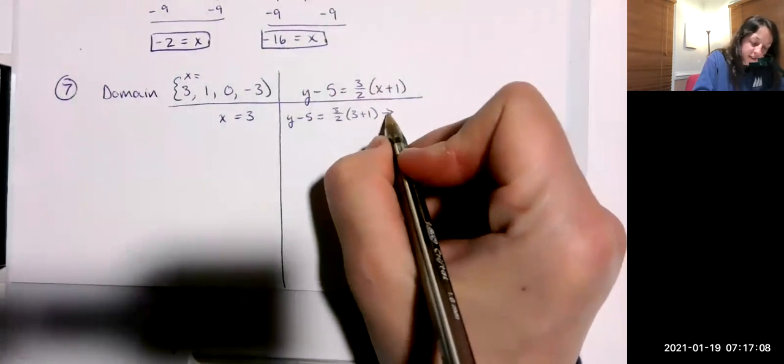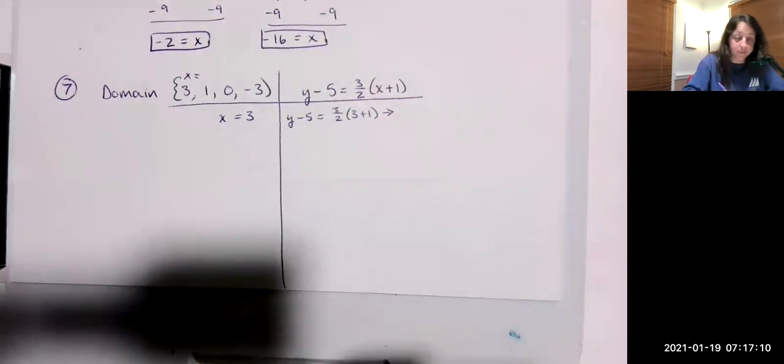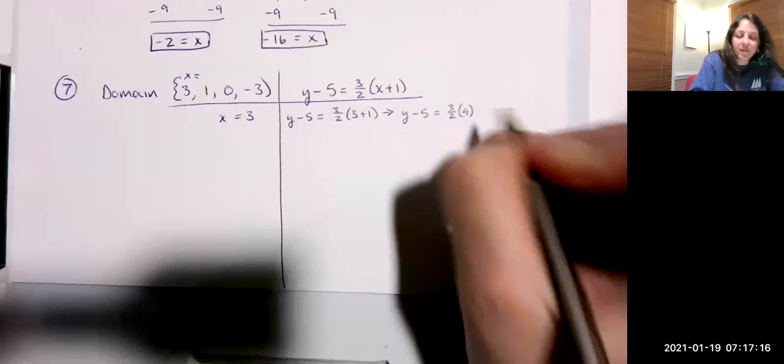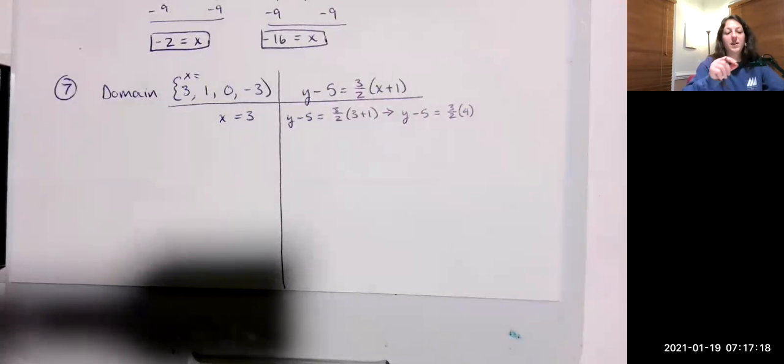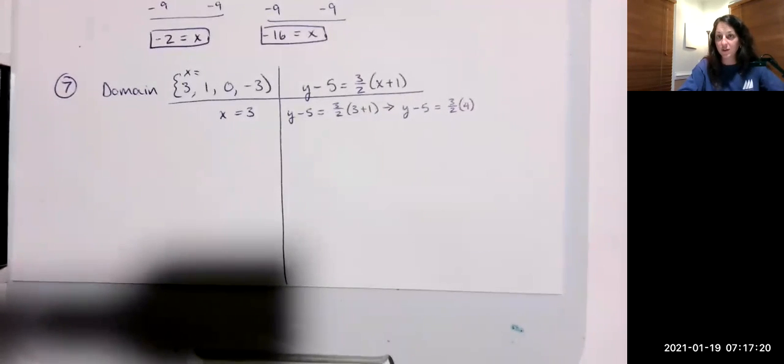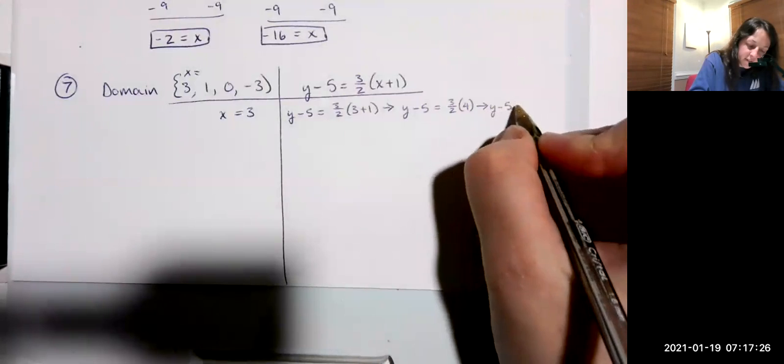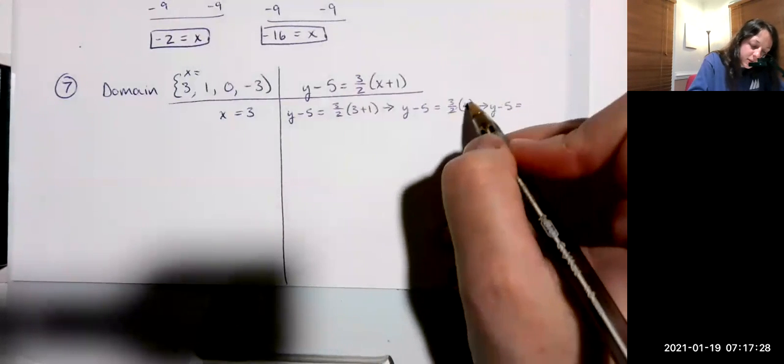So first things first, I know I say that a lot, sorry. I've got y minus 5 equals 3 over 2 times 4. I'm following order of operations by doing whatever's in the parentheses first. Next, 3 over 2 times 4. Y minus 5 equals, well, the 2 and the 4 are going to reduce, and it's going to leave me